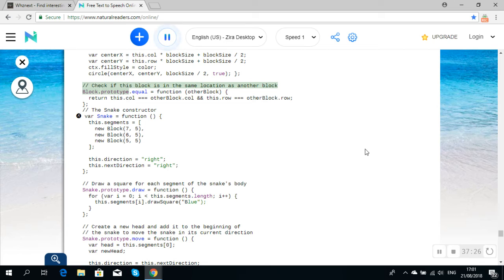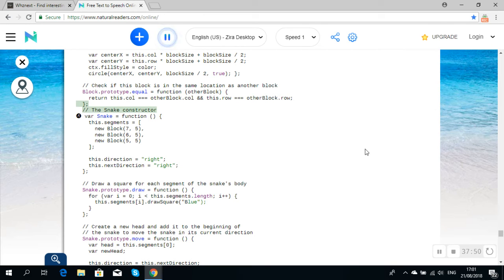Block.prototype.equal = function (otherBlock) { return this.col === otherBlock.col && this.row === otherBlock.row; };